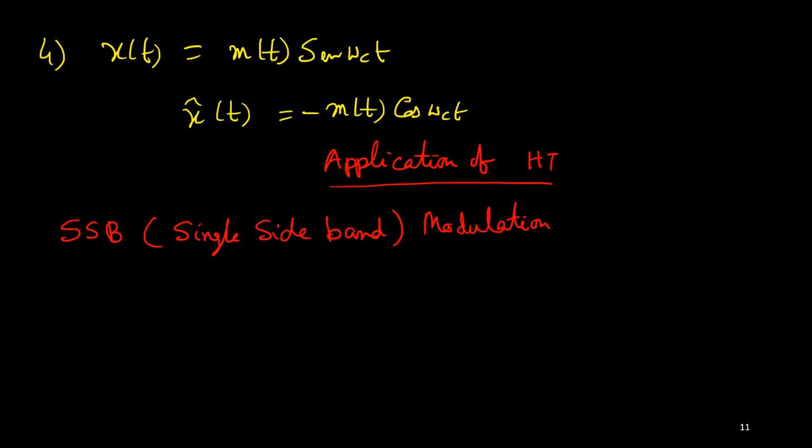So whatever we discussed, this is m(t) sin ωct or m(t) cos ωct. These are double sideband because you see the spectrum. So if this was the message, and after modulation you are getting right side and left side, so this is one side, this is another side. That's why it is called double sided. So you see this is only a replica of this one.